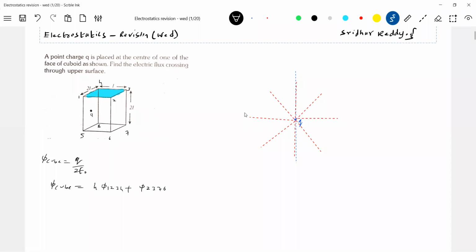We'll agree why 4 times? Because the faces 1, 2, 3, 4; 1, 2, 6, 5; 5, 6, 7, 8; and the flux linking 4, 3, 7, 8 should be the same because of symmetry. So what is our question that is asked? Flux through 1, 2, 3, 4. If you can calculate flux through 2, 3, 7, 6,